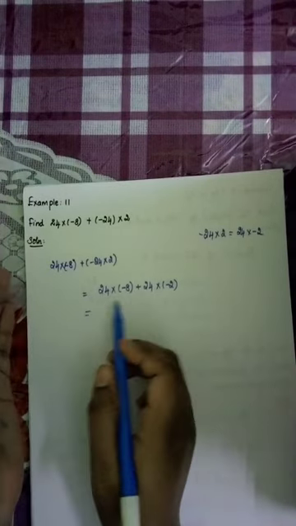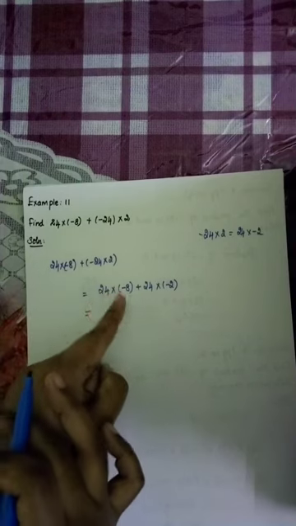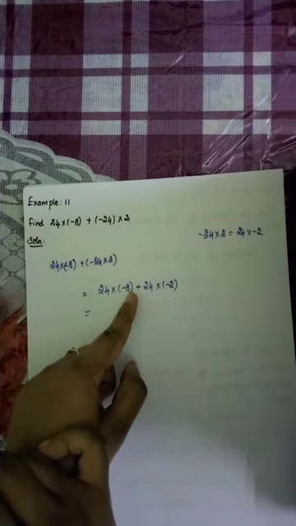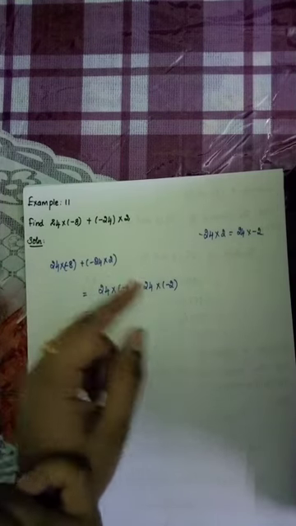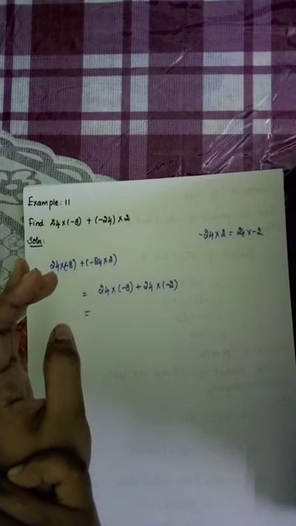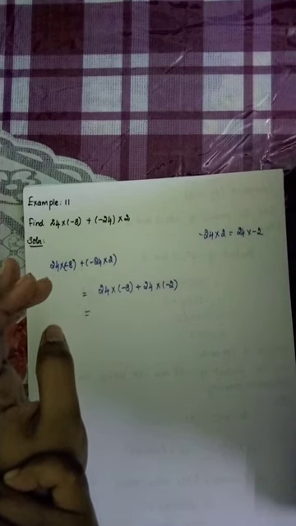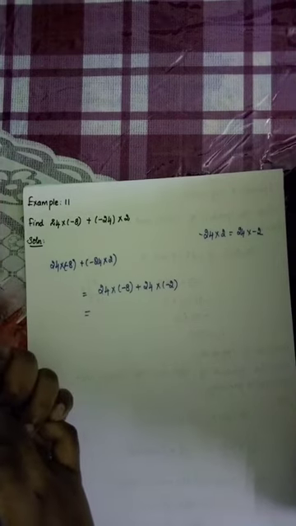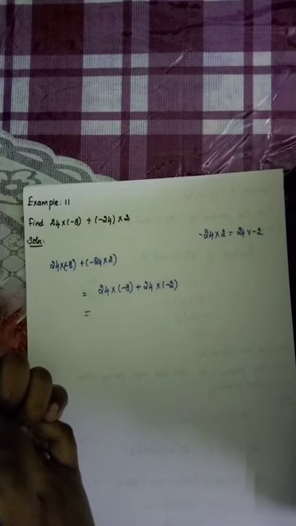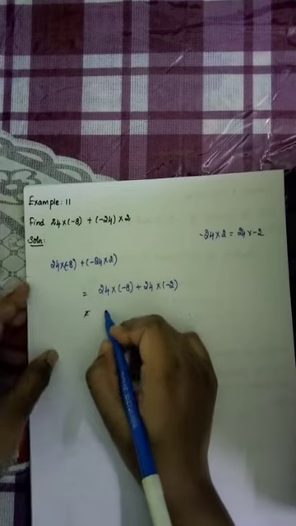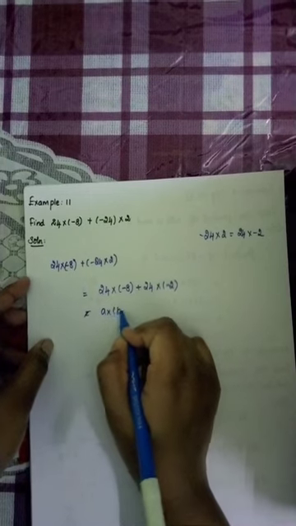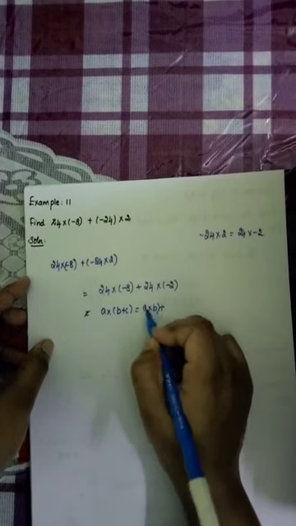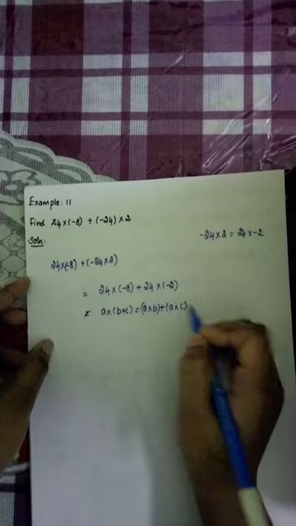Here we can use the distributive property also, because here 24 and 24 both numbers are the same. We can take this value as A, this value as B, this value as C. What is the property? Distributive property. Anyone say what is the distributive property? That is A into B plus C is equal to A into B plus A into C. Right? This is our distributive property.